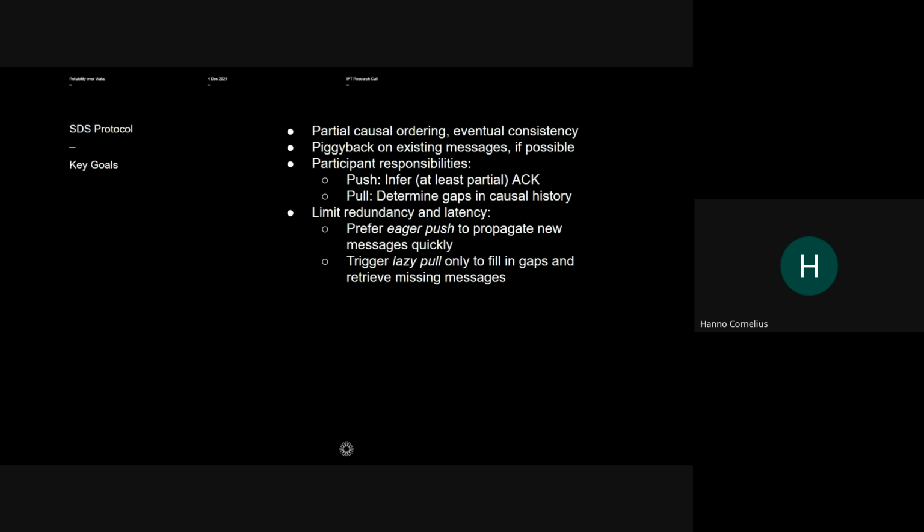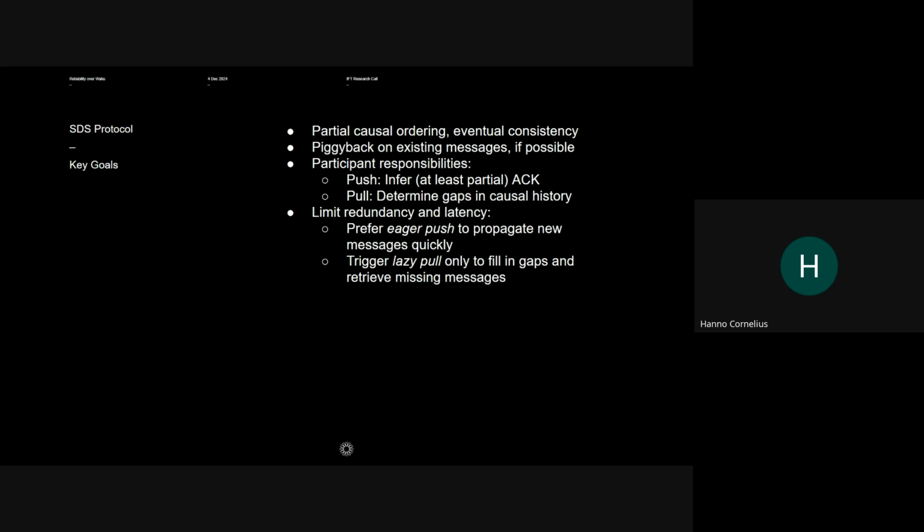So that's the ordering and the consistency. As far as possible, we want to piggyback on existing messages. So we want to add some information to messages that's already being broadcast in the group, and maybe add some things that allow us to derive ordering and consistency using that.